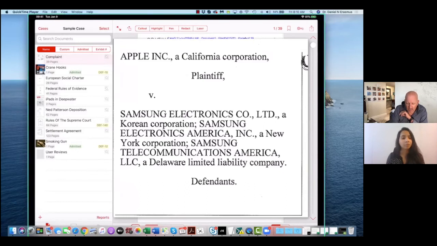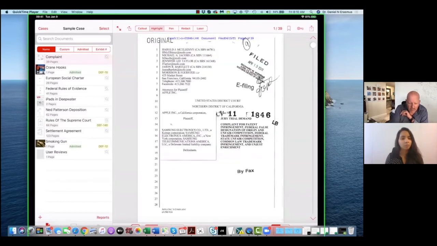Then you click it with two fingers, or I can push the highlight button and it will actually highlight that portion. So as you're going through your documents, you're able to go in and highlight particular aspects on each page. Another one is, for instance, the laser. Let's say you want to point out that this is a jury trial demand, or that it was sent by fax. For that you can use this little laser, or you can also use a pen device to highlight something.